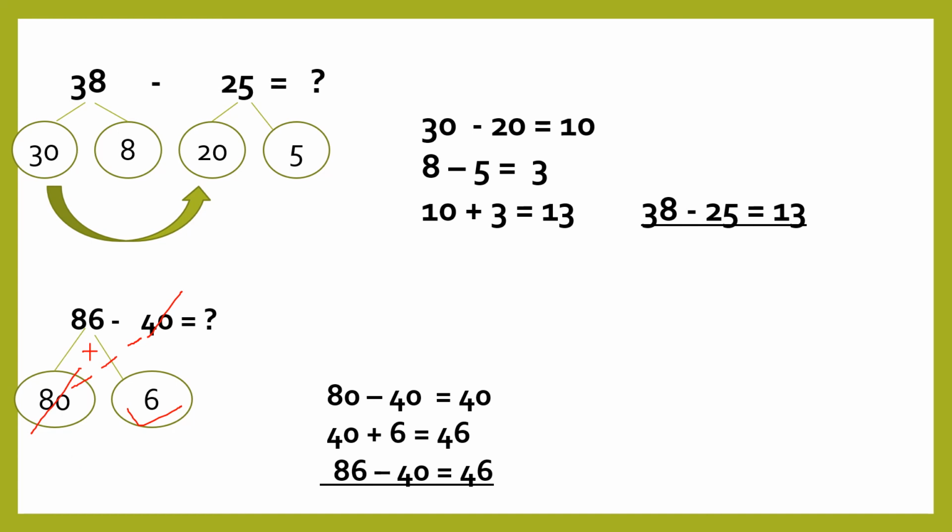First I'll do 80 minus 40. What is 80 minus 40? 80 minus 40 is 40. Once I have dealt with the minus sign, now if you remember, there was a plus sign in the center, right? So now I am going to deal with the plus sign. We are already done with 80 and 40. 80 minus 40 is 40. So which number is remaining? 6, right? So 6 plus 40 is 46. That means your final answer is 46.